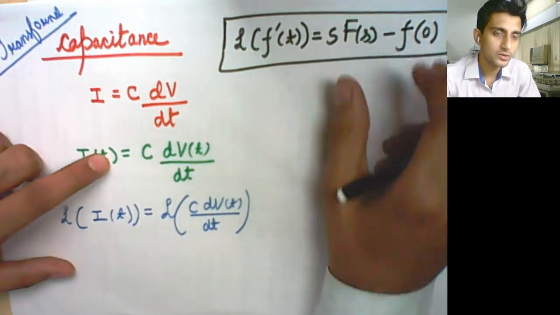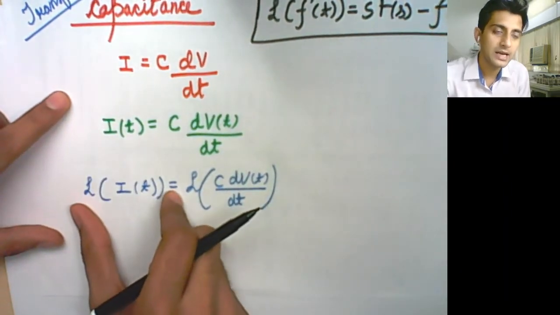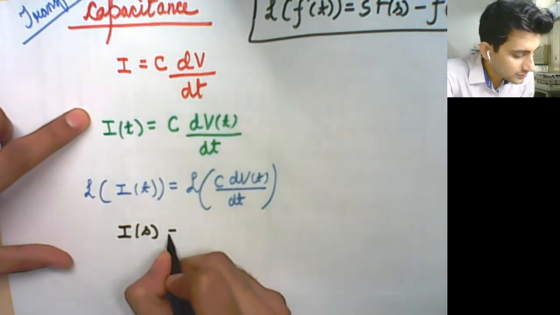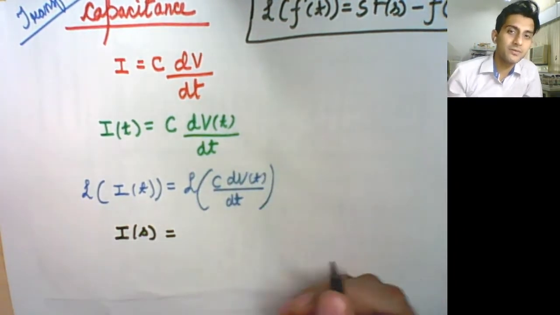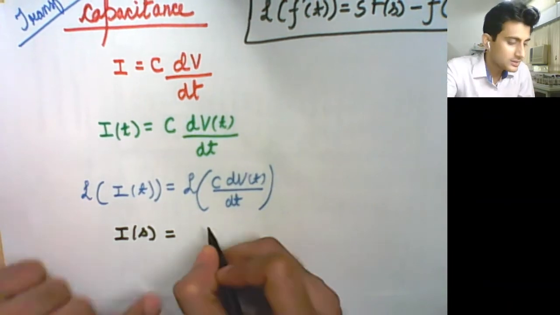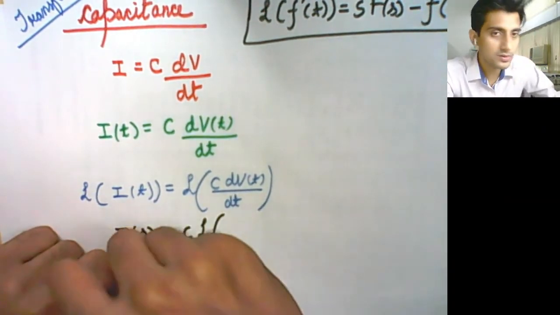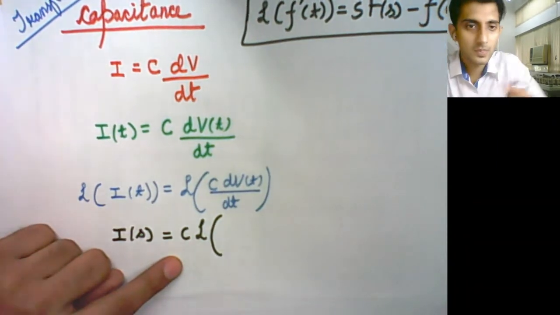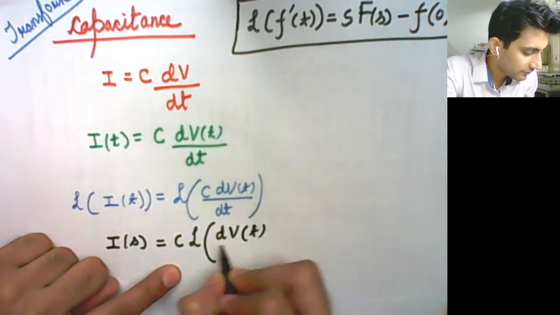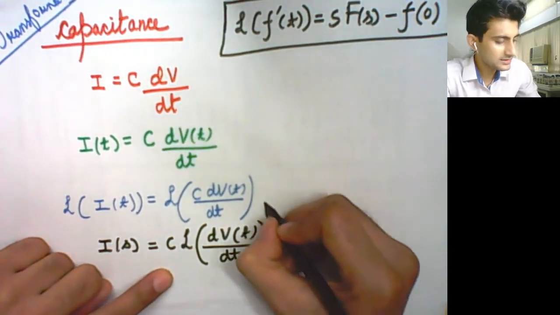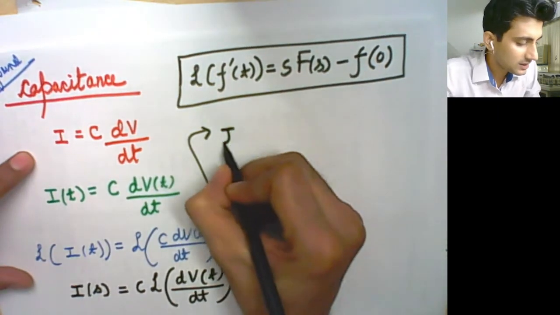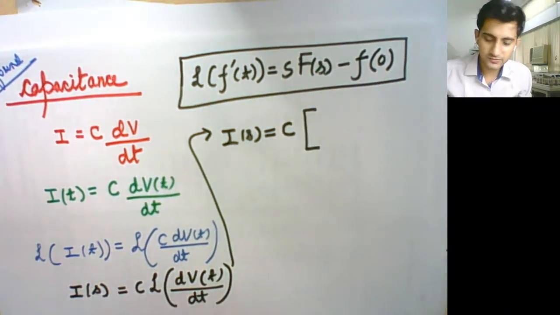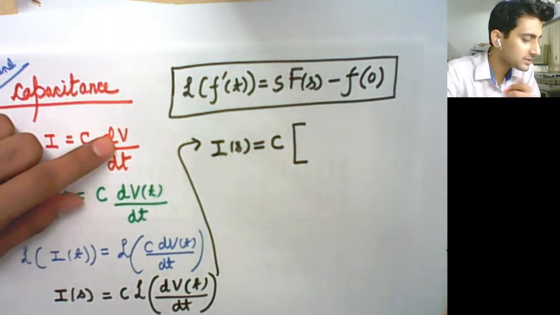So this is what we are going to utilize in this particular step. I can simply write that the Laplace transform of i(t) is just Is. There is no problem in it. Is is equal to, now the Laplace transform of C times the derivative of some function, I have to take care of it. So I can simply write the Laplace transform, C outside because it was a constant, Laplace transform of the derivative of v with respect to t. And this step can then be elaborated as Is equal to C times, what is the Laplace transform of V(t)? We assume that it was Vs, let's say.